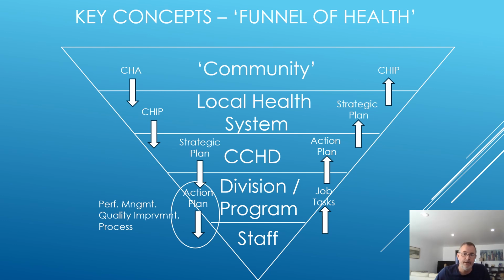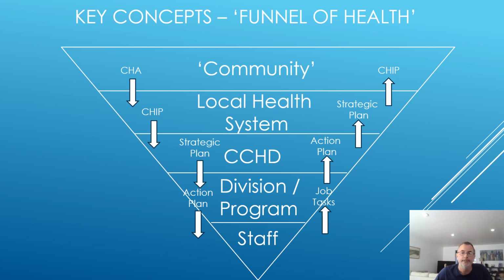And then performance management and quality improvement is monitoring this action plan, right? And making sure that we're performing that action plan, getting it done. And if we're not getting it done, or not doing it as well as we want to be doing it, identifying that and setting up a quality improvement process to handle that, right? The other thing, and this is for another presentation, is our job tasks. We can improve on those simply by improving our workforce, right? Improving the work through the workforce development plan.